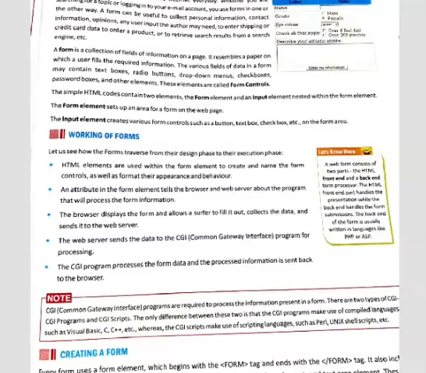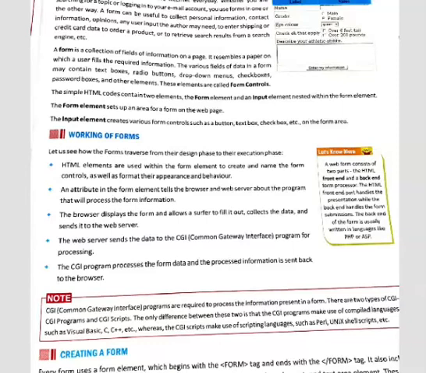HTML uses a form tag which is a container tag where we can insert other elements. An attribute in the form element tells the browser and web server about the program that will process the form information. It means the attribute of form is used to process the front-end form.